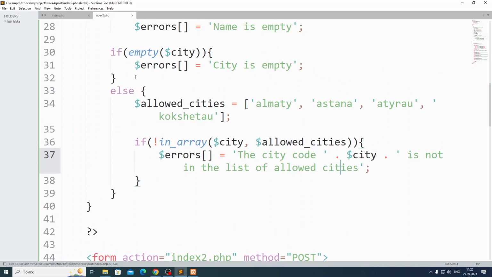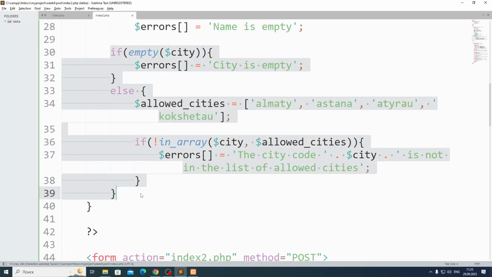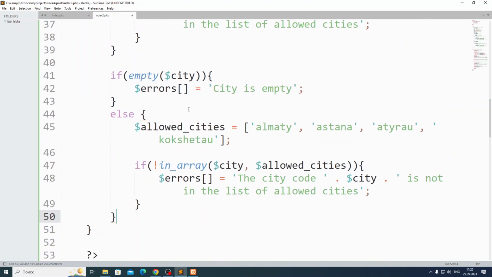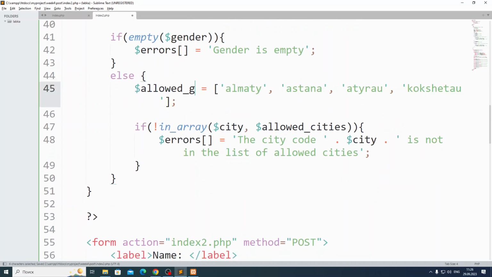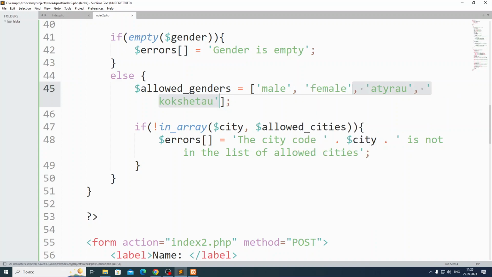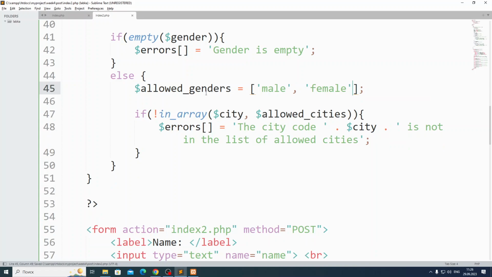So next, I think next thing should be quite the same. I mean about gender. Gender is empty. Allowed genders. Okay. Allowed genders: male. Yeah, it's quite funny. Yeah, I know, female, but I have to finish my lesson. Sorry. Male, female, and if this gender is not inside allowed genders,